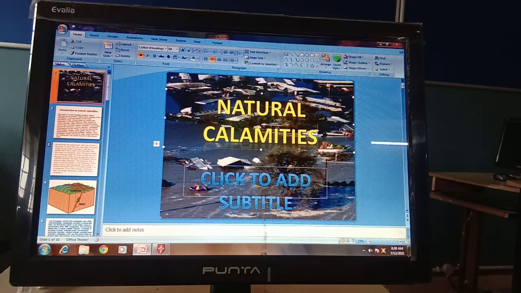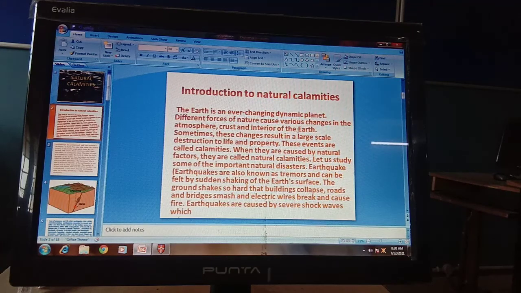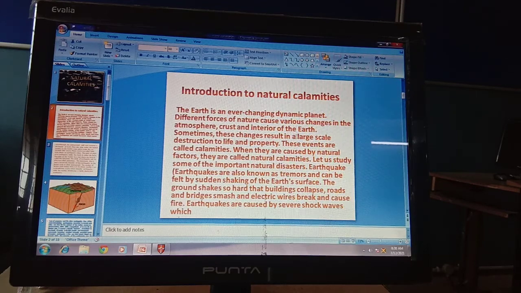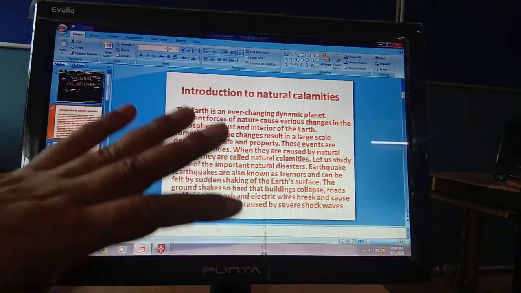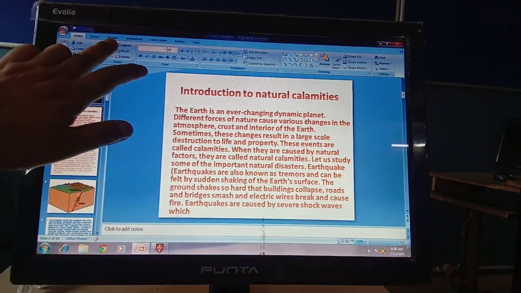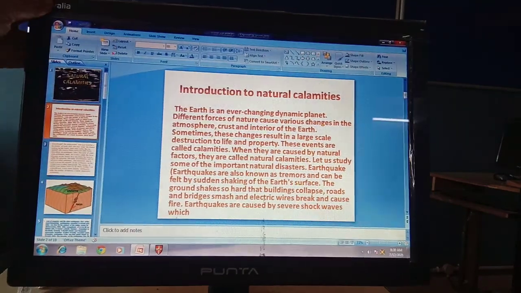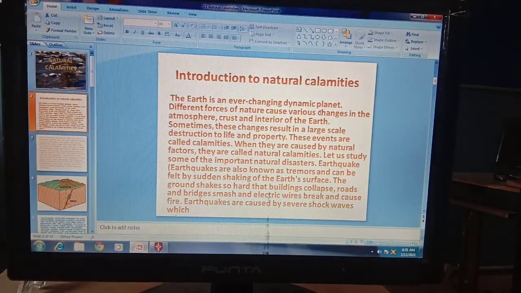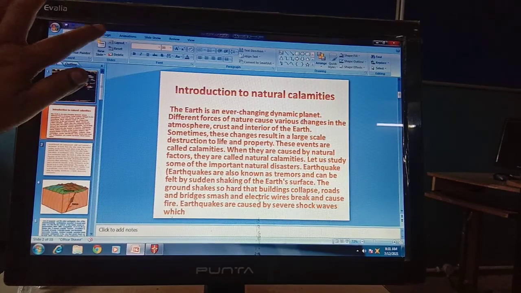Okay, open any slide of the presentation. For example, I am just opening this slide of this presentation. Okay, so we need to click on the Design tab. For changing the scheme, we need to click on the Design tab. Are you all able to see this? This is your Design tab. So here we need to click.